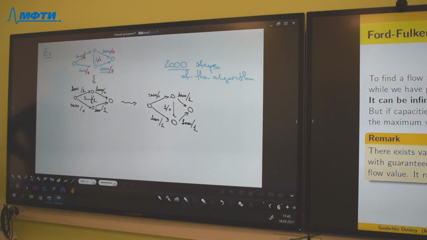The value of this flow is equal to 2, but of course we need to repeat